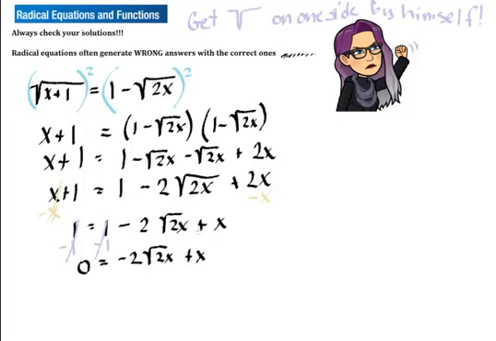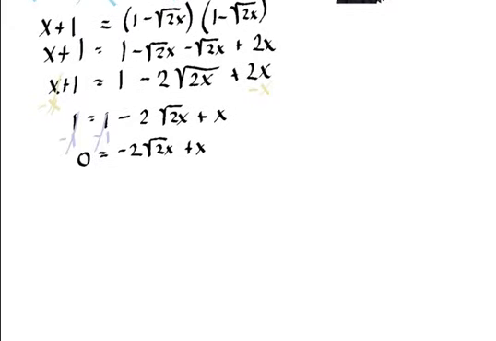Need a little more room here. I'm going to move this little chunk of stuff over to the other side. I'm going to add it to both sides. So I'm going to say plus 2 square root of 2x on both sides. Then I'll get x equals